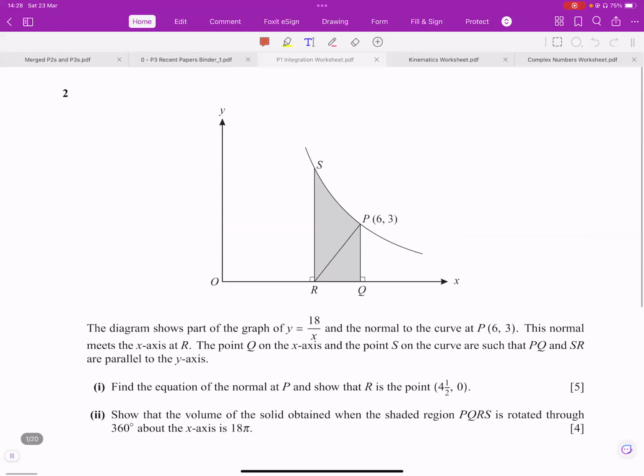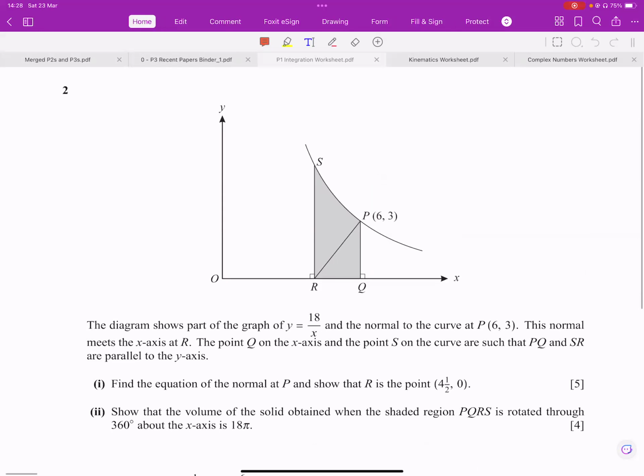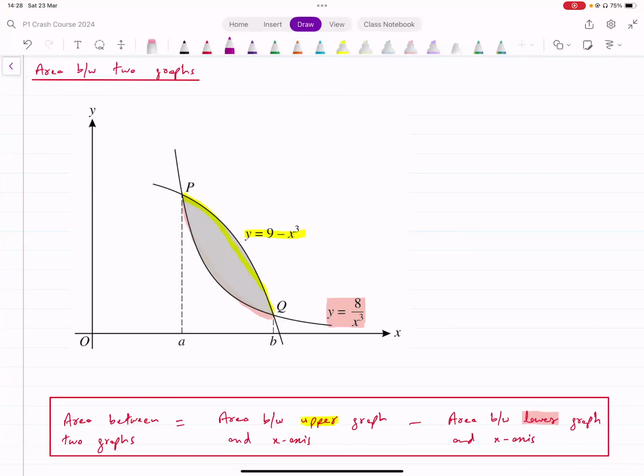Question 2, part 2. We haven't done this yet, Abdullah. This is volume of revolution. We will be discussing this concept today. This is not something that we've done for now. Anything apart from this? Any question from the worksheet